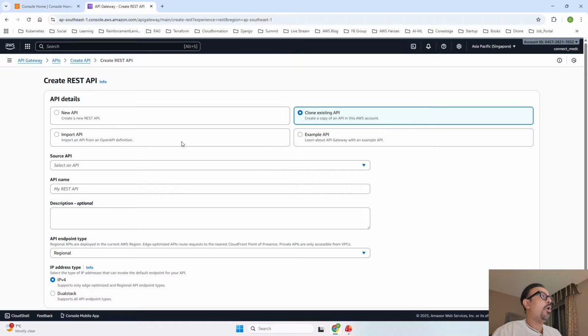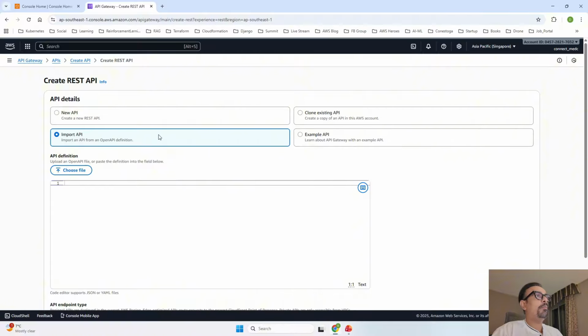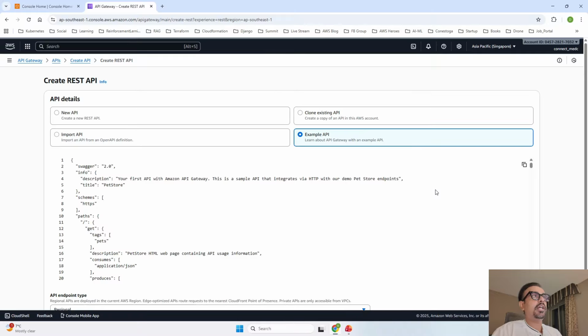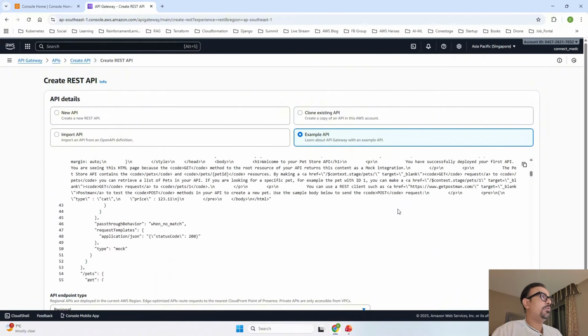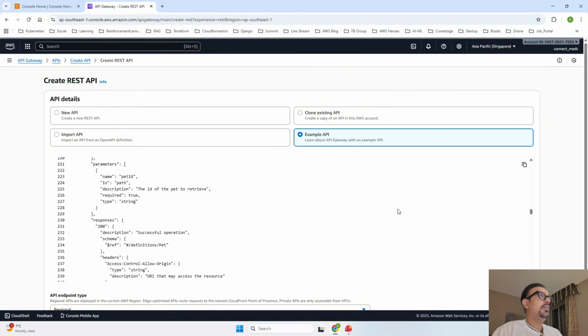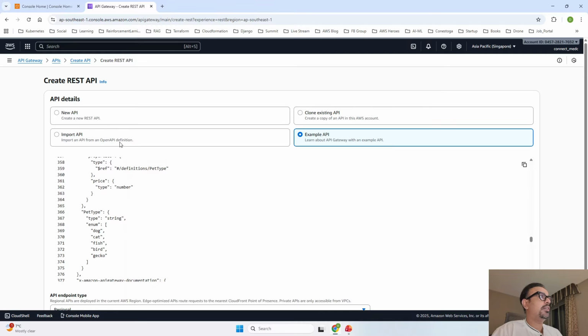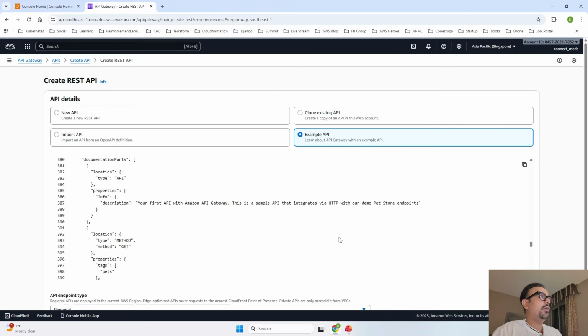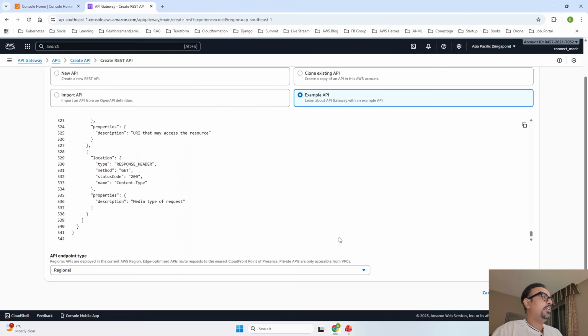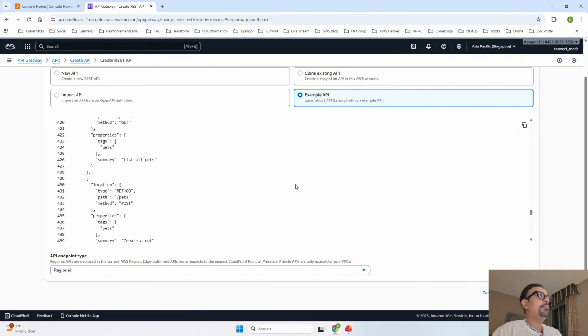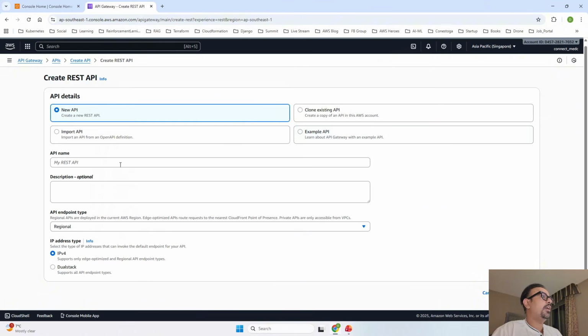So you can copy an existing configuration end to end. Now, if you want, you can also import an API from an Open API definition. Next, if you need any example APIs with API Gateway, you can see them over here. This is how the Open API looks like. You can check it over here. Now, coming back to new API, we are going to go ahead and create